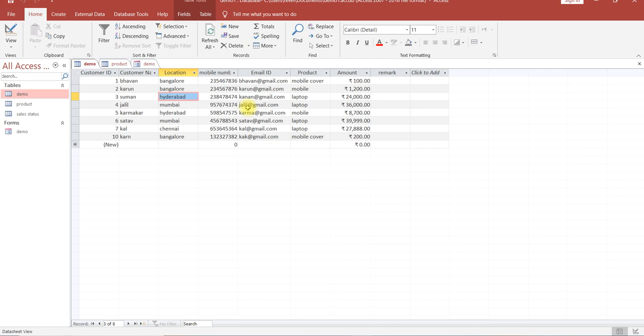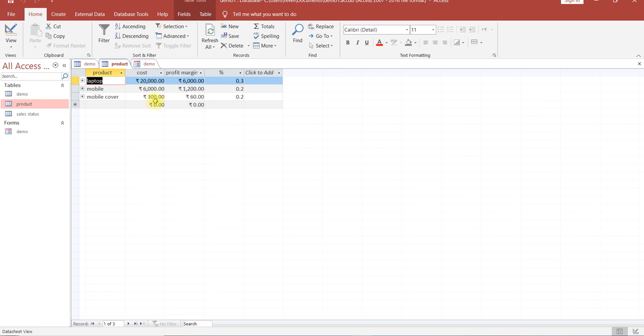For example, we have data here. This particular table represents the customer details. They have purchased different products, and you have stored the product information in some other table. Product information is there in this particular table.